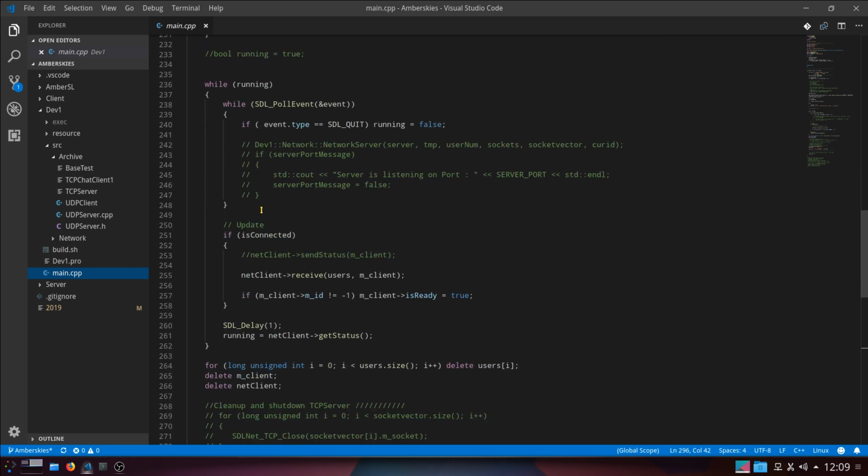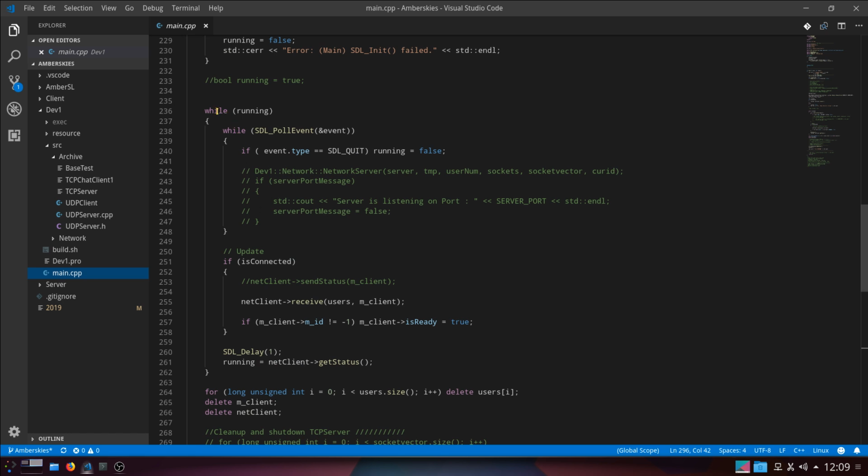And as you can see, when you come down here, you have a while loop, so while running, and you poll the events, and if it's SDL quit, you turn running to false, and that's the basics of it. It also has keyboard, like SDL key, or SDL K, or something strange, and then you put in keyboard equivalents and look them up, just like I've done in the game with GLFW.